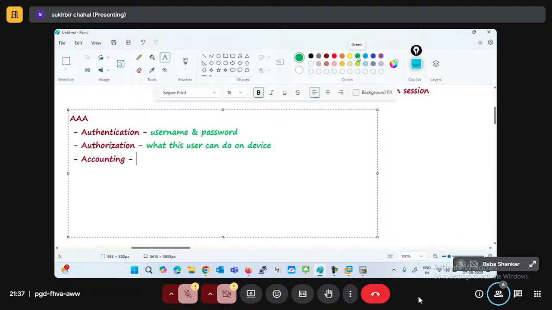So at the last, I will make sure I verify everything the user did. So here I will get what the user did. Okay, that is accounting. So that is accounting. Is that clear to everyone, the meaning of AAA? Yes. Okay,